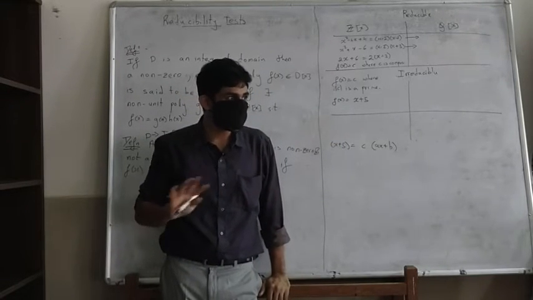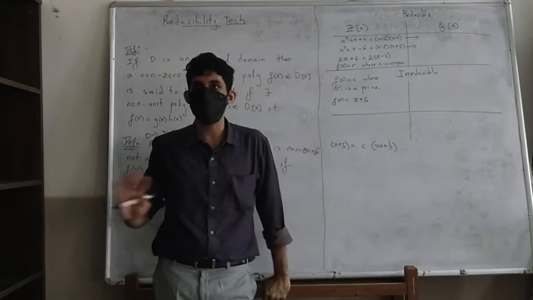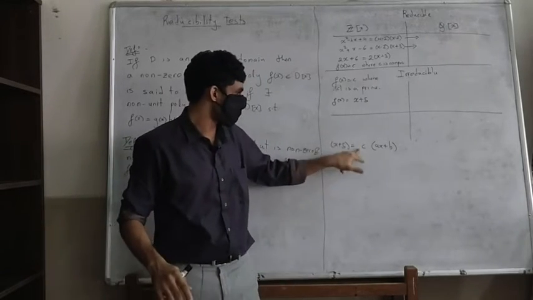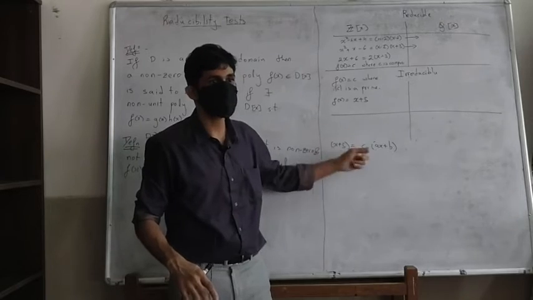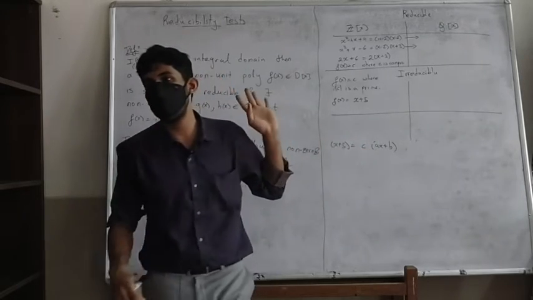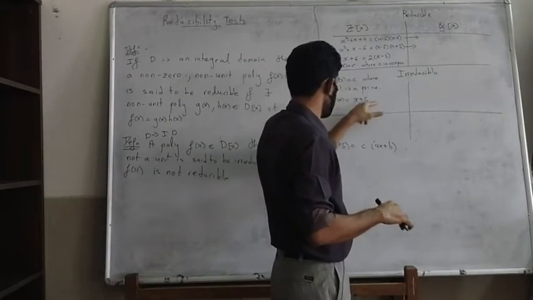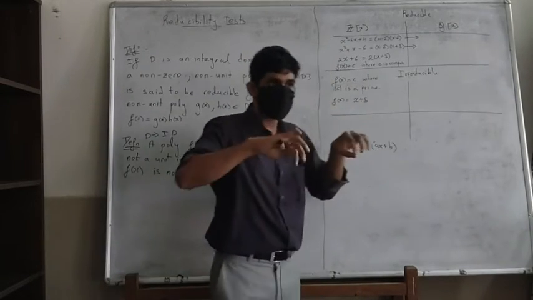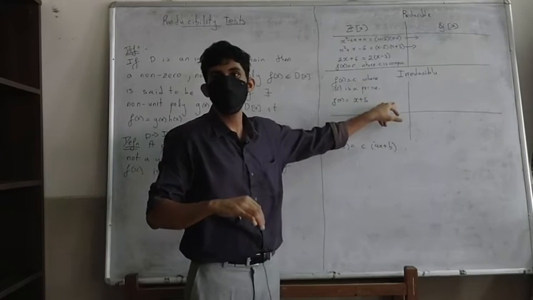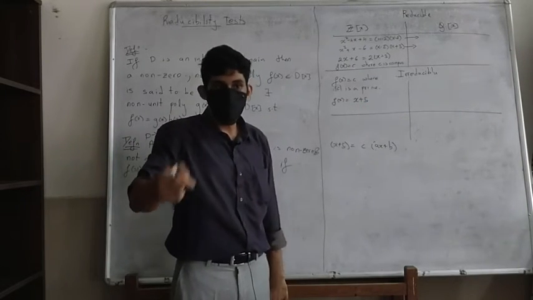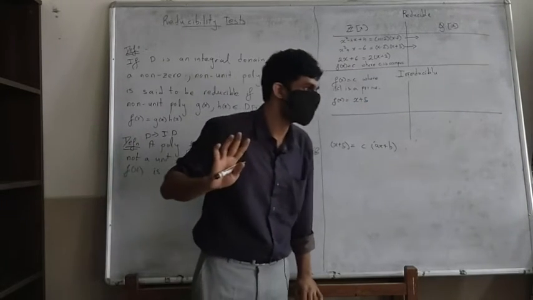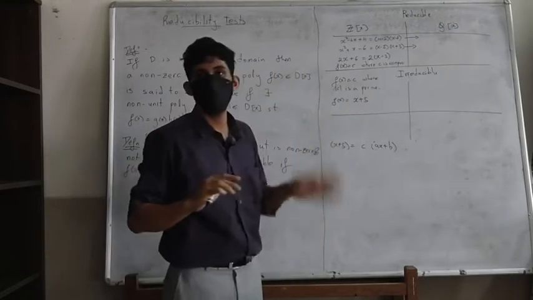In fact, both a and c have to be plus or minus 1. So this means that c is plus or minus 1, which is a unit. So what we have shown is that if we break this down into g of x into h of x, either g or h should be a unit, which means that this is irreducible.